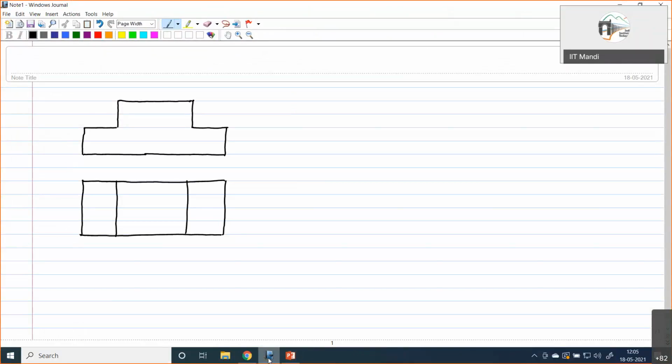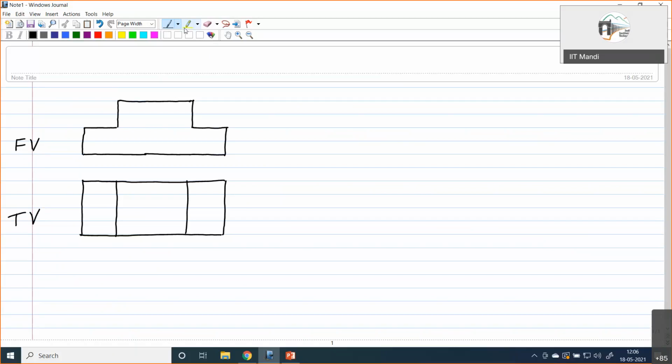So see, here I tried to draw a front view and a top view. So this is the front view. I can use higher thickness maybe. Yeah, so this is the front view. This is the top view. And of course, you will have all the dimensions. I have not marked the dimensions here. So you can try to visualize what kind of 3D object this is.